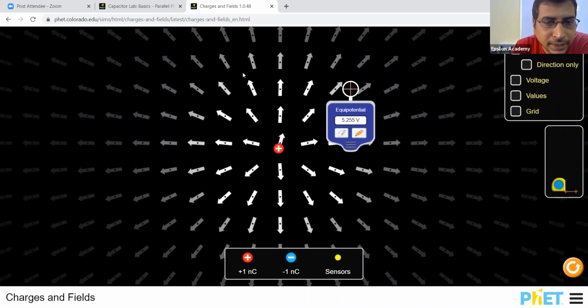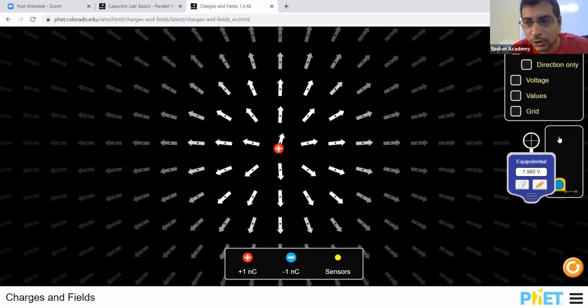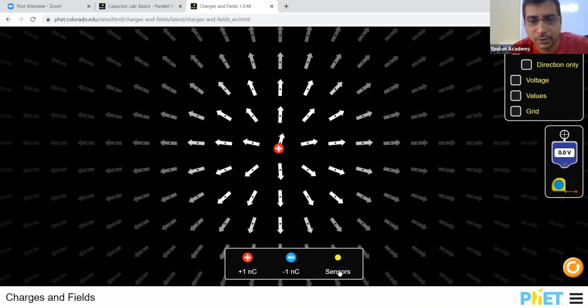So if I keep it somewhere over here, then I can find another place where it is the same, 5.242 volt, right? Like this, I can find any number of points on the surface where the potential due to this positive charge is going to be the same. So if you join all those points, then those points are going to give you the shape of an equipotential surface, right?